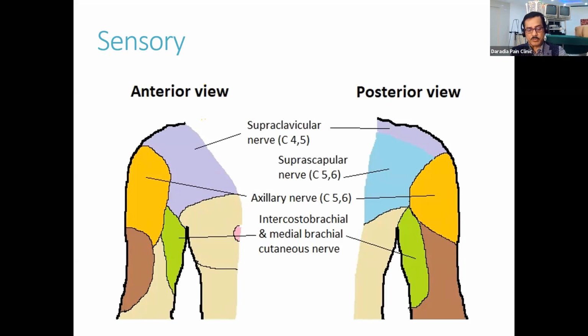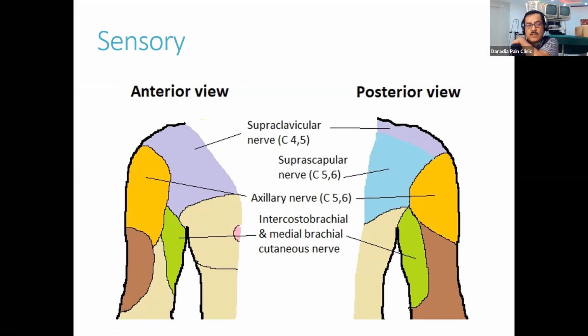And here again, we should remember the difference between the dermatomal distribution and the nerve distribution. Root distribution and nerve distribution are not the same. So here what we have shown is your nerve distribution. And dermatomal distribution, I already told, anteriorly up to the shoulder is C4, the lateral side is C5 and then C6. Now coming to the nerve distribution, the anterior part from the top is supplied by the supraclavicular nerve.